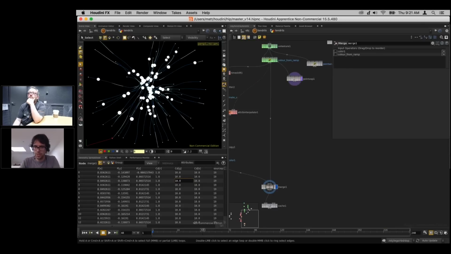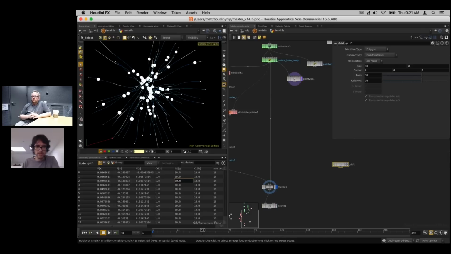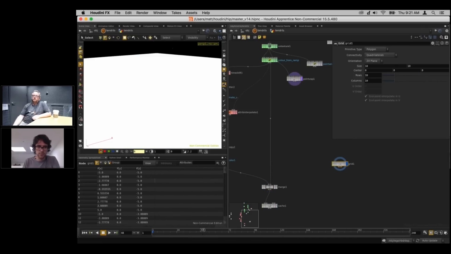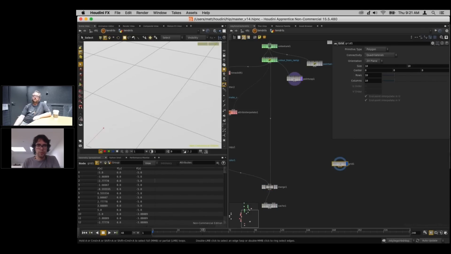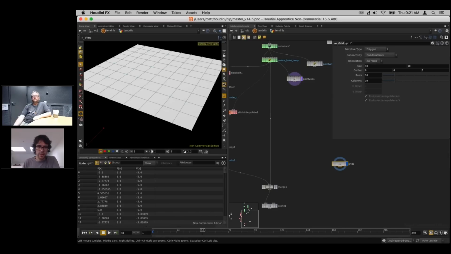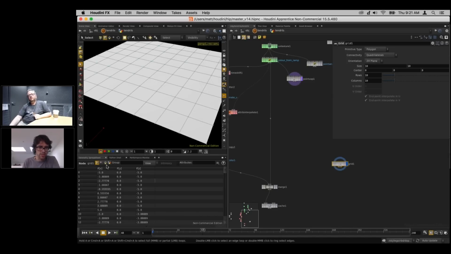So let's start with, say, a grid. If I go to a grid, you can see, let's make it visible, and to the points. So you can see here that each of these points has just got one attribute, P, which is a vector which defines each point's position. If I put down a wrangle,